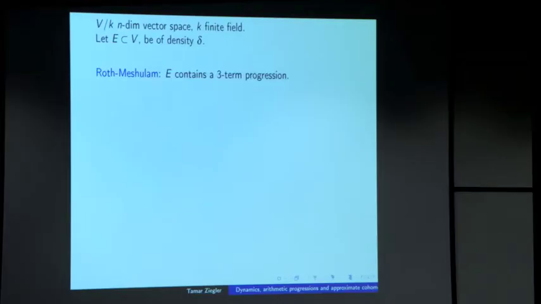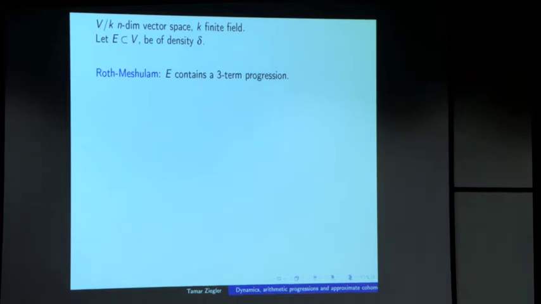I want to work, instead of in the integers, on a vector space over some finite field K. So K is some fixed finite field, and I'm looking at an n-dimensional vector space. And the way you should think, I fix this n-dimensional vector space, but in your mind you should have a